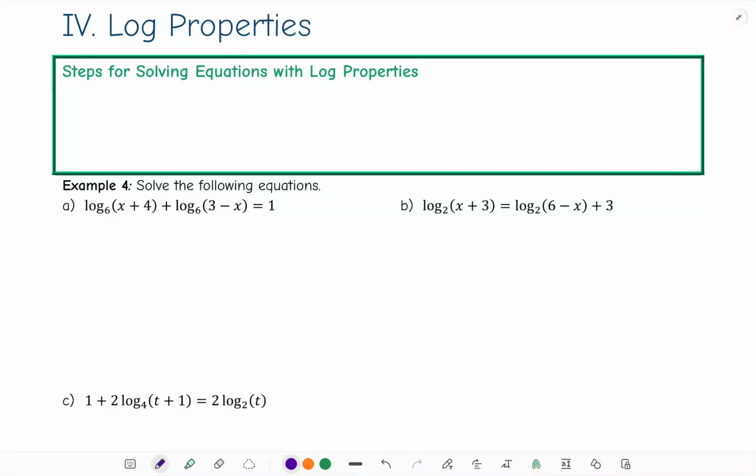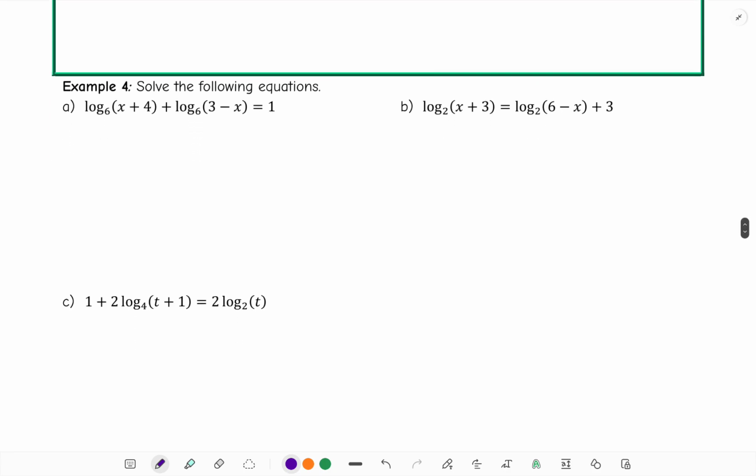Hello, here's part 4 of section 5.4, 5.5 notes, log properties. Sometimes it doesn't just fit the other methods, but when you have logs, you can use log properties to make things simpler. So for example 4,